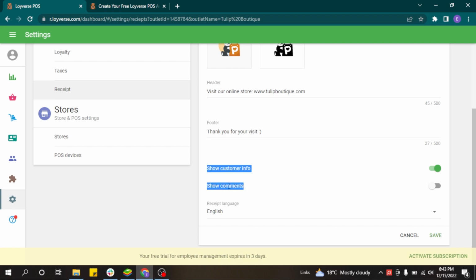Meanwhile, show comments. When you add an item to the ticket, to every item you can add a comment, and this comment will always show in the receipts that are saved in the system. But if you want these comments to appear also for the printed receipt for the customer, you need to activate